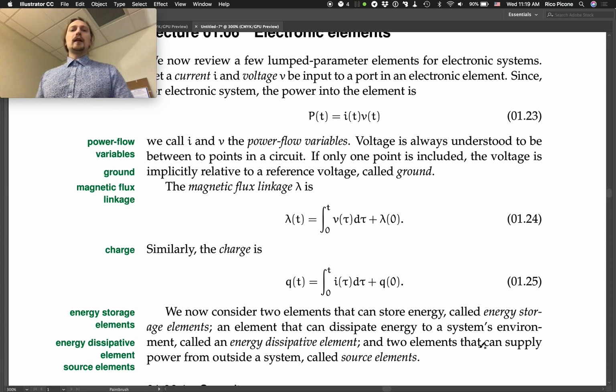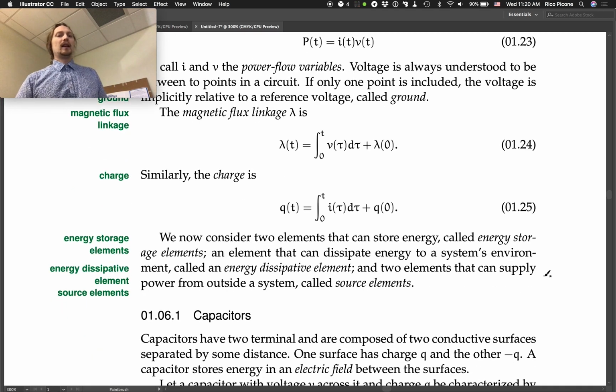The magnetic flux linkage, lambda, which is a quantity that I think we talked about in passing a while ago, is the integral of the voltage over a period of time. Similarly, the charge is the integral of the current over a period of time. We now consider two elements that can store energy, called energy storage elements, an element that can dissipate energy to a system's environment, called an energy dissipative element, and two elements that can supply power from outside a system, called